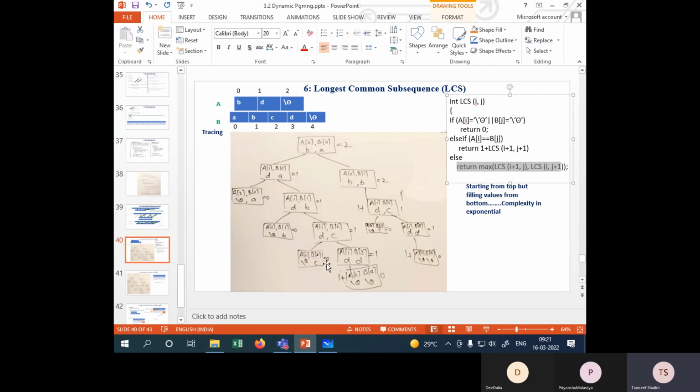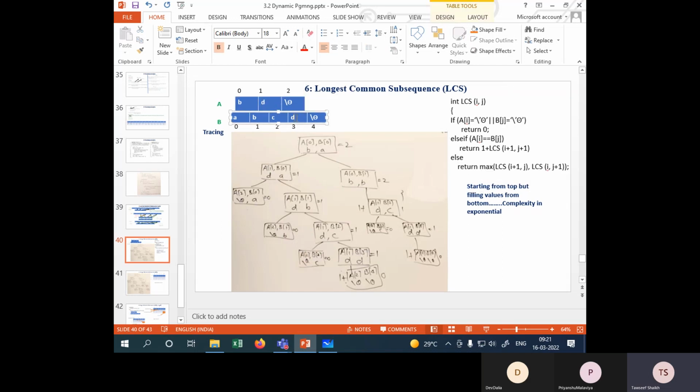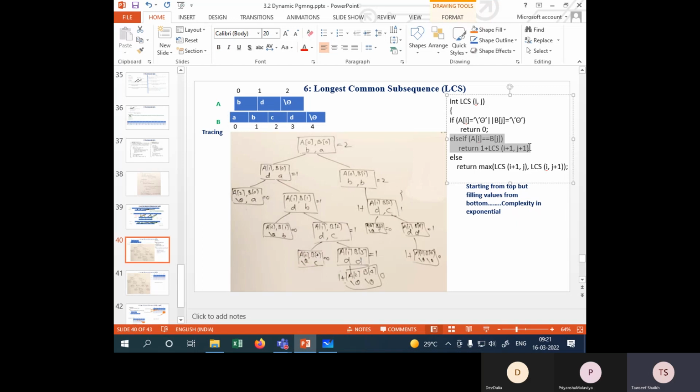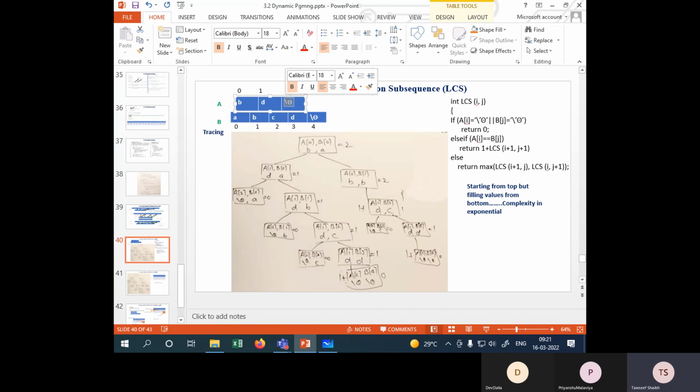अब हम यहाँ पे हैं, चूंकि इसमें फिर से टर्मिनेशन आ गई, तो फिर से और एक 0 मैं यहाँ पे लिख रहा हूँ, और अब ये वाला केस जो है, A1 और B3, A1 D के बराबर है और B3 भी D के बराबर है, इसीलिए D और D यहाँ पे है, तो अब इक्वल है, मीन्स फर्स्ट टाइम दिस कंडीशन इज गेटिंग एग्जीक्यूटेड। अब जब ये इक्वल है तो रिटर्न क्या करेगा, 1 प्लस समथिंग, एंड व्हाट इज दैट समथिंग, 1 प्लस और एक रिकर्सिव कॉल, किसको, i प्लस 1, j प्लस 1, अब दोनों को ऐड करो, A ऑफ 1 था, इसको A ऑफ 2 बन जाएगा, B ऑफ 3 था, इसको B ऑफ 4 बन जाएगा। A ऑफ 2 को जब मैं यहाँ देखता हूँ वो फिर से टर्मिनेशन आ गई,